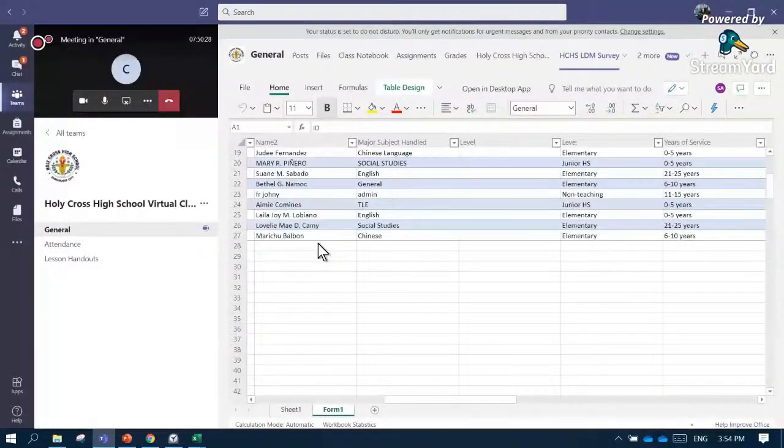So are there responses still coming? Okay, so we already have 26 responses from the participants. Again, that is the amazing part there: when we incorporate Forms with the Excel application, we can receive the real-time responses of the respondents from our survey through the Excel application that we have connected to the form.